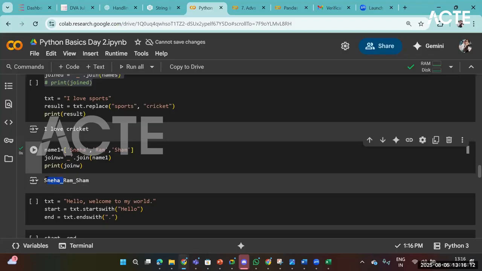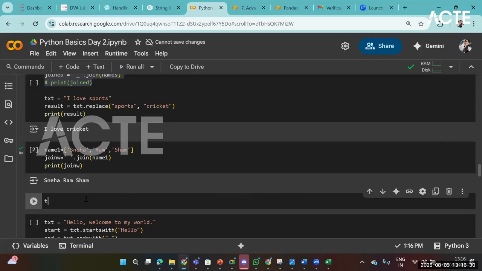Each value has been merged using underscore. If I want to just give space, if I pass the space over here, as you can see, Sneha Ram Sham. So if I just see what is the type of